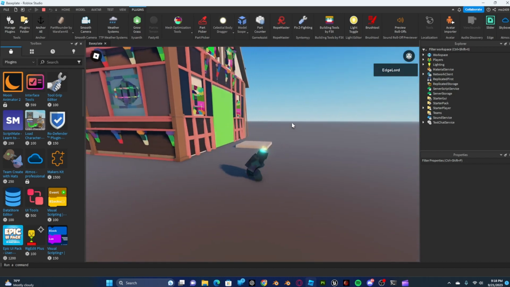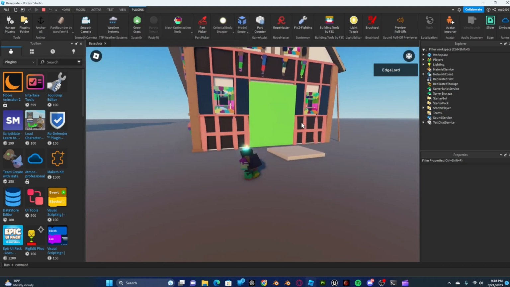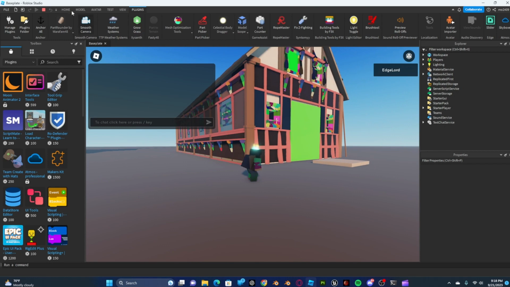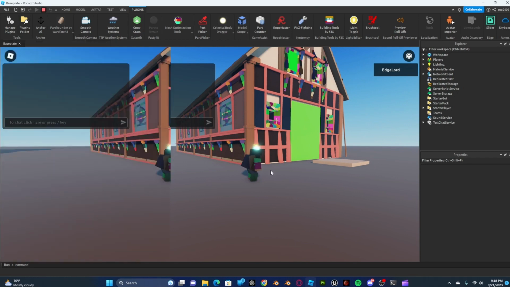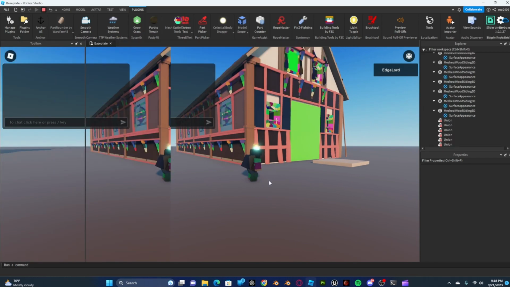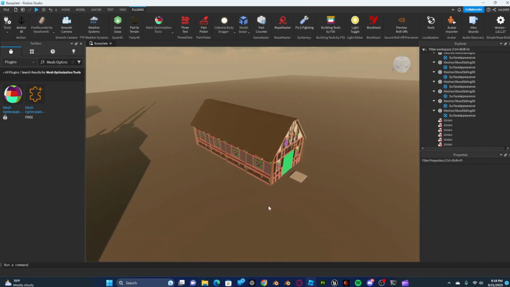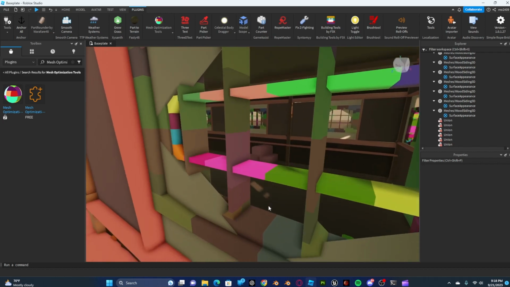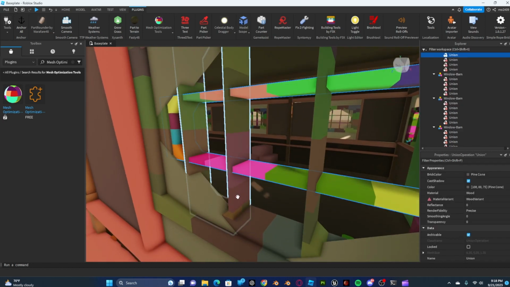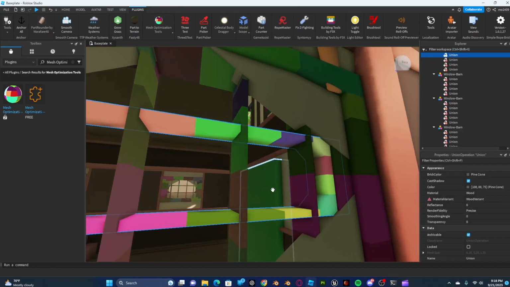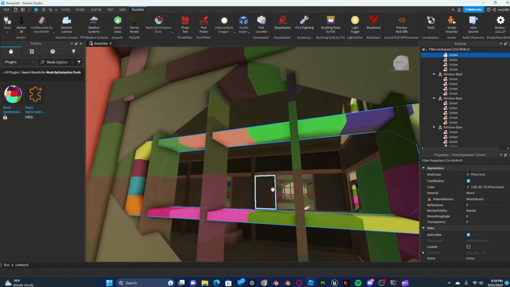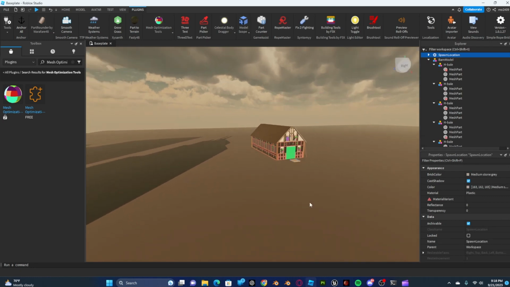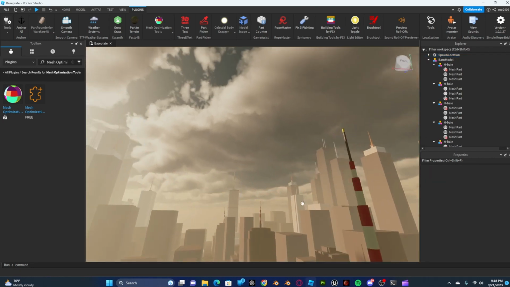Like I said, if this was a distant world object and the player does not need to interact with this, this could all be a box and it would just be fine. There's no reason to have it even at default. You save a decent amount of optimization and memory just based on that. As you can see, this mesh or union, there's no point in having this much collision decomposition on this. Just keep this in mind, because let's say you had a huge city and you had little details on the skyscrapers,